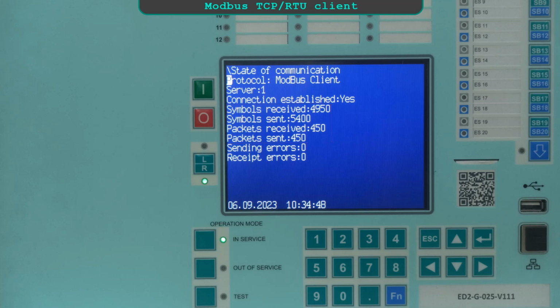and packets. If counters for sent and received symbols and packets have the value equal to 0 or the sending errors and receipt errors counters change their value, then check the Modbus RTU/TCP protocol settings and the presence of the connection between devices via the corresponding interfaces. In this case, check the settings of communication between IED and external devices via RS485 or Ethernet interfaces. Know how to do it from the video tutorial on configuration of ED2 devices polling of IEDs via Modbus RTU/TCP